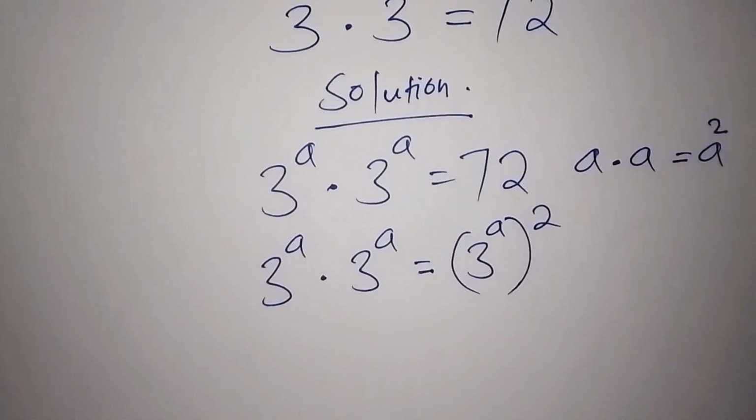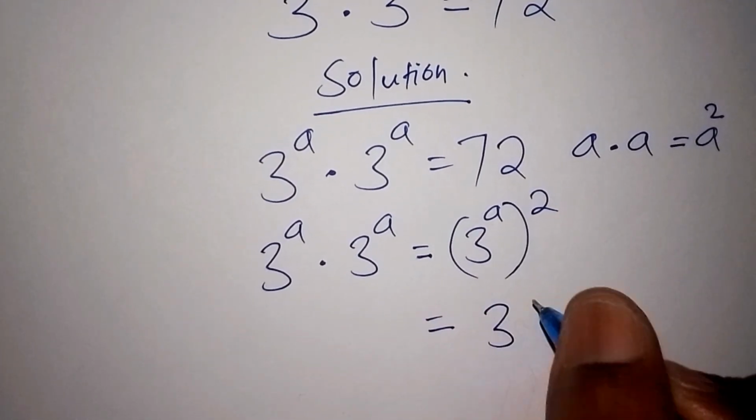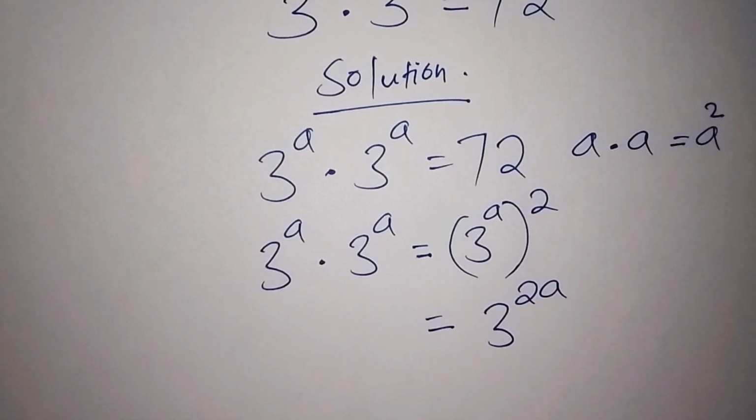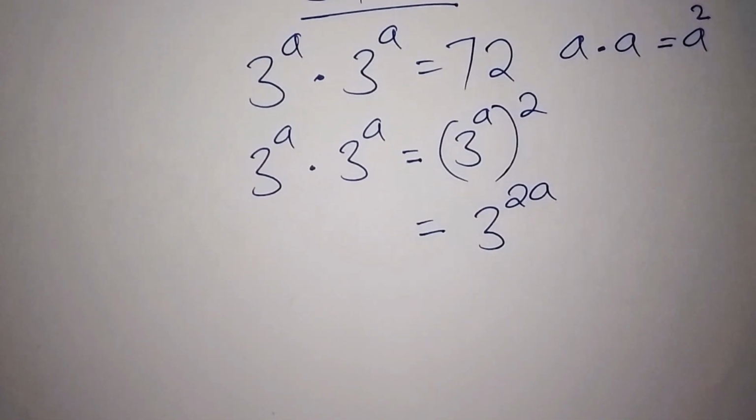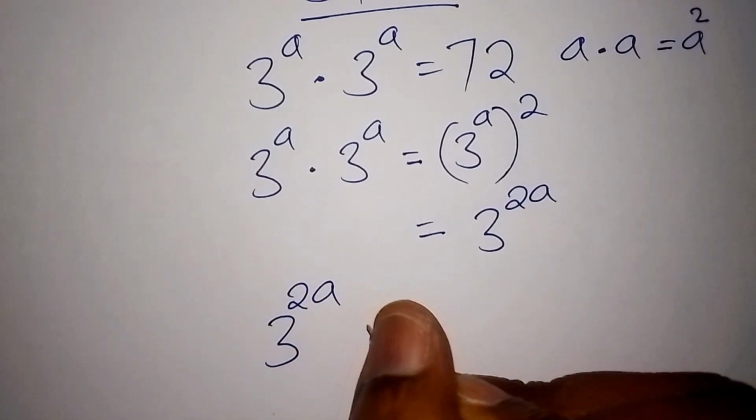In simple terms, this is equal to 3 to the power of 2a. So 3 to the power of 2a is equal to